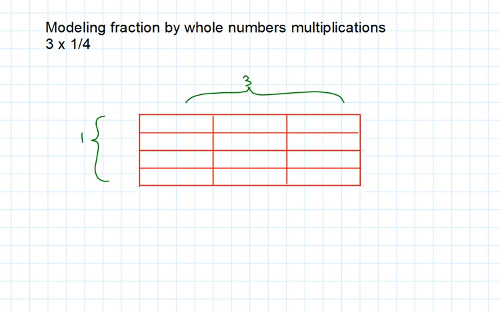If you always do that, it just makes things easier to put the whole number on top. The fraction, you put on the side, so now we have 1/4, not just 1. So what we need to shade is the 3 and the 1/4 and see